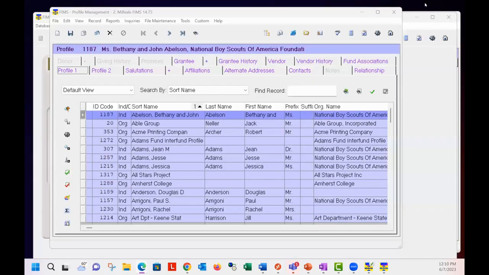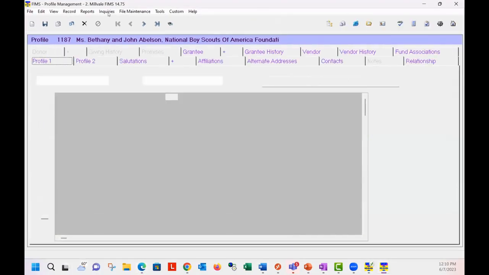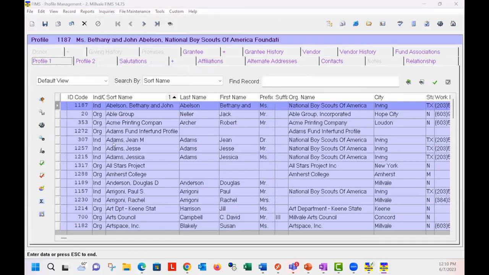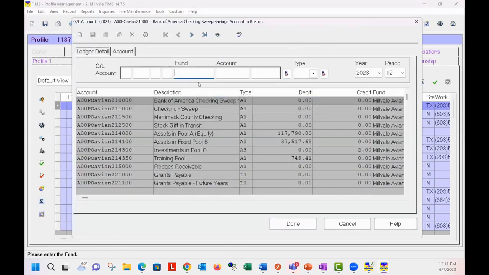So let's go back to FIMS and let's start taking a look at the different ways you can report information out of FIMS. So the first one is just a simple on-screen inquiry. And if you go to the inquiries menu item, you can look up a fund ID, you can see the foundation status, you could do a general ledger account inquiry. So here we go. So if I was to look up an account,